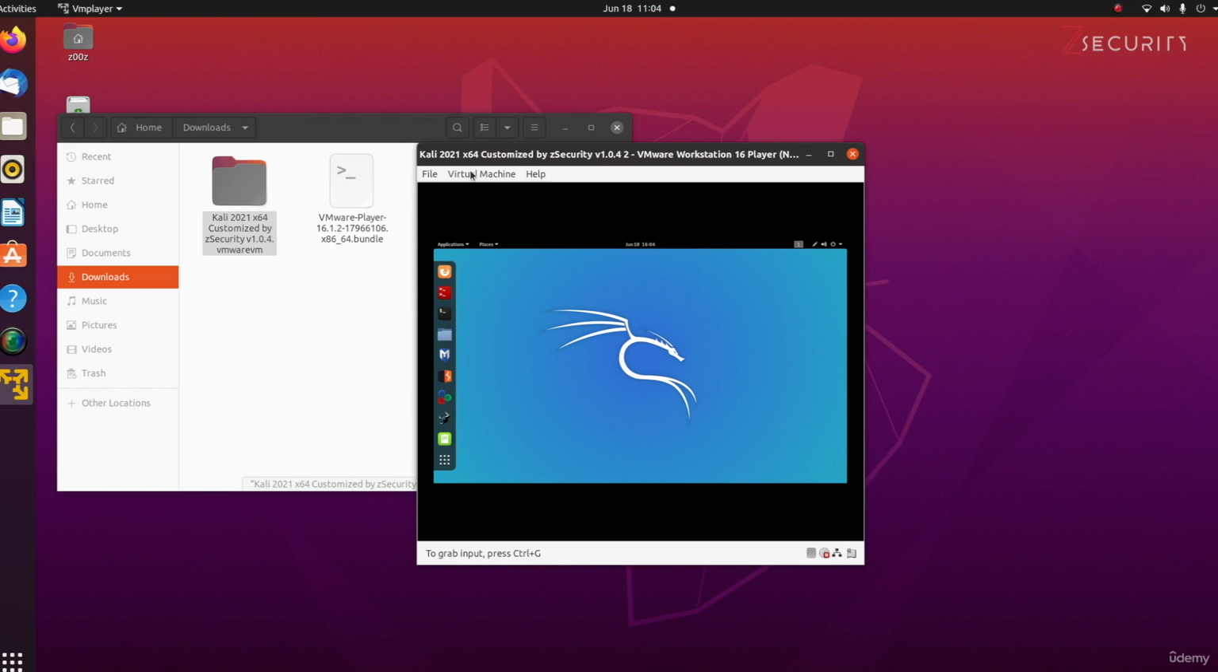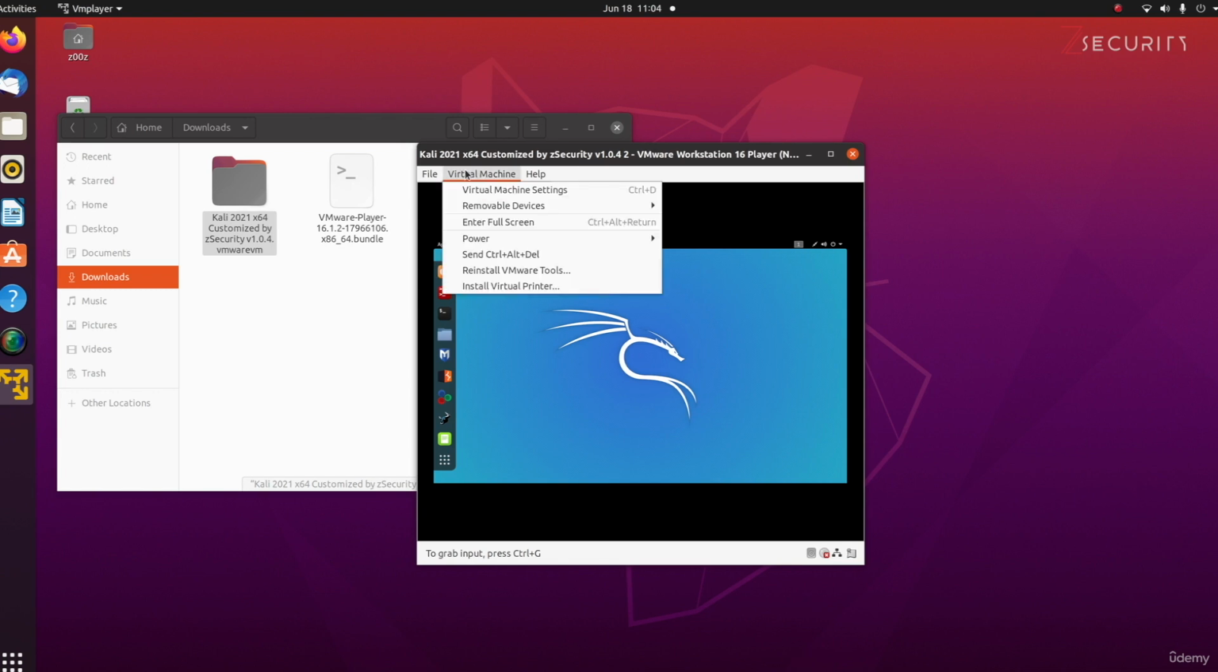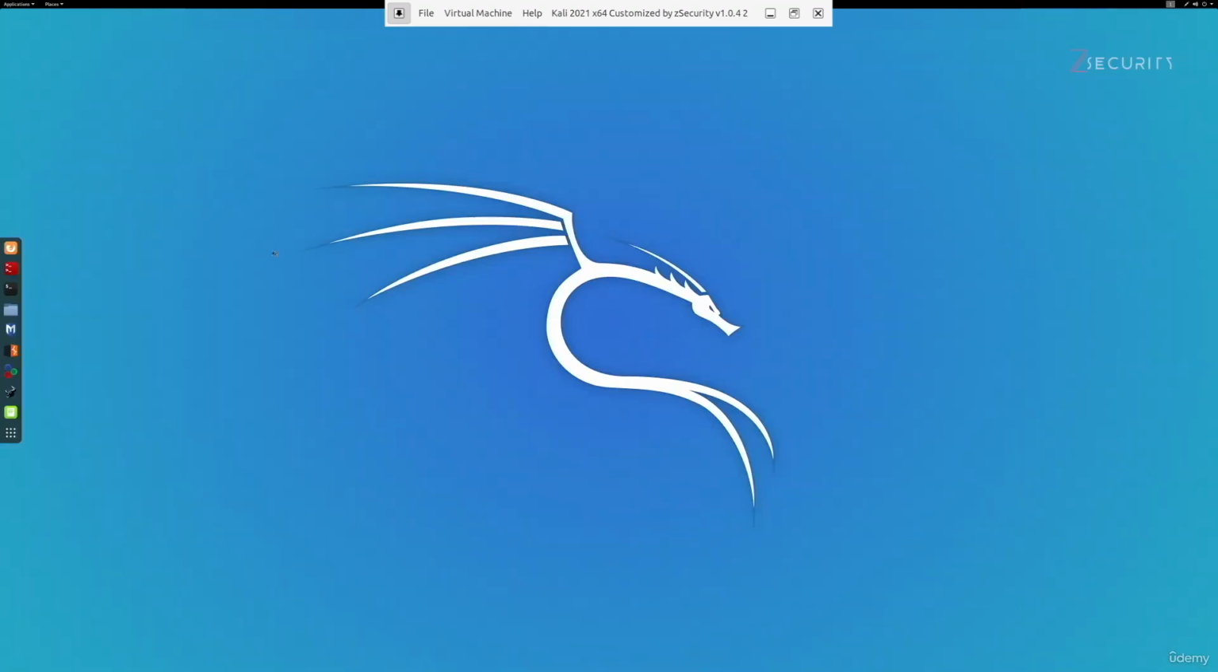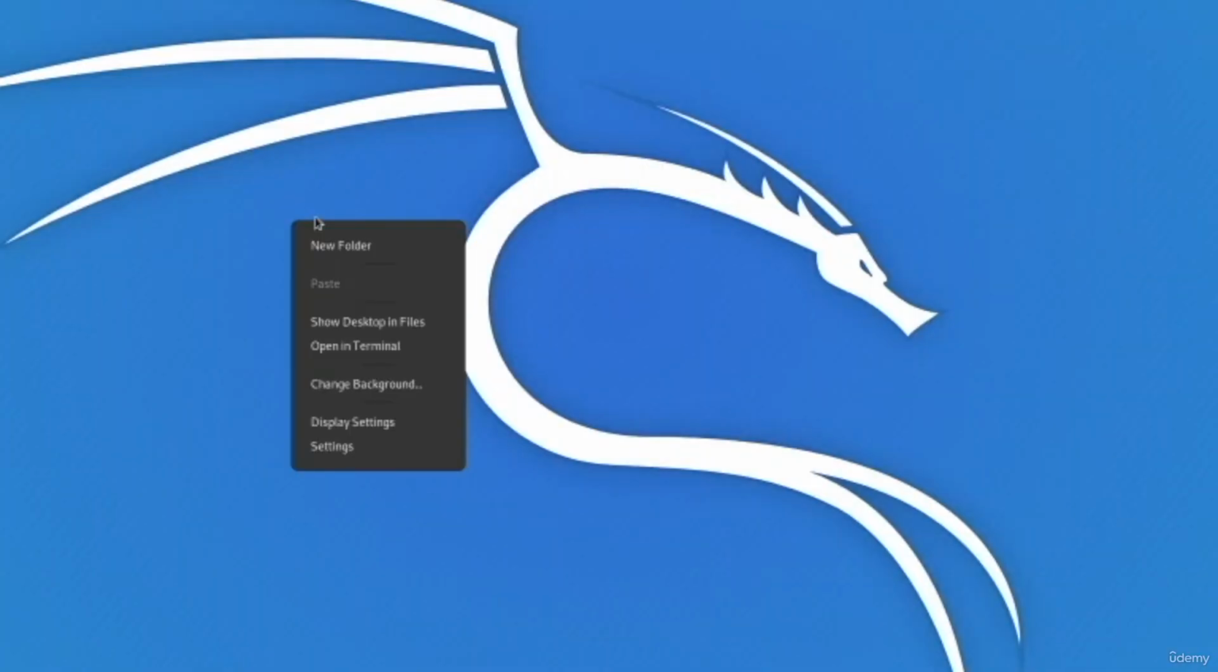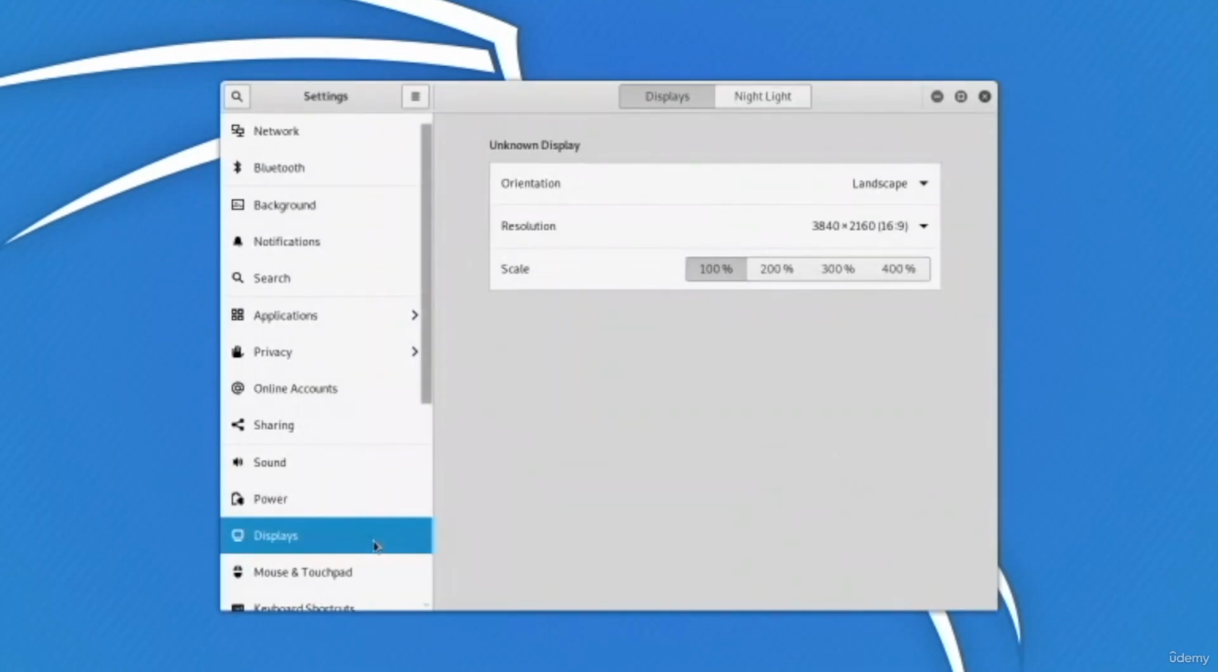Now we can put this in full screen by going to Virtual Machine in here and clicking on Enter Full Screen. The screen should automatically resize, as you can see in here, and in most cases the icons should look normal, but in my case they look small because I have a 4K display. So we're gonna need to manually modify the display settings, and to do that we're gonna right click, go to Settings, click on Display in here from the left,